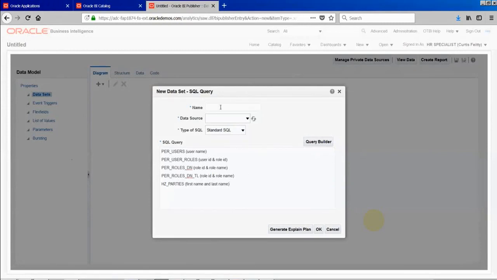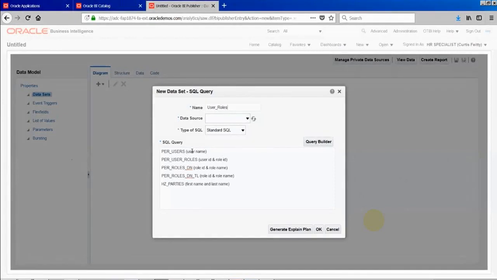Before writing a query, I will just give a name for this: user roles, something like that. Lakshmi, in this application, like the way you find first name and last name, are there any IDs tagged for this? Through the ID also we can search. Yes, we can do that as well.